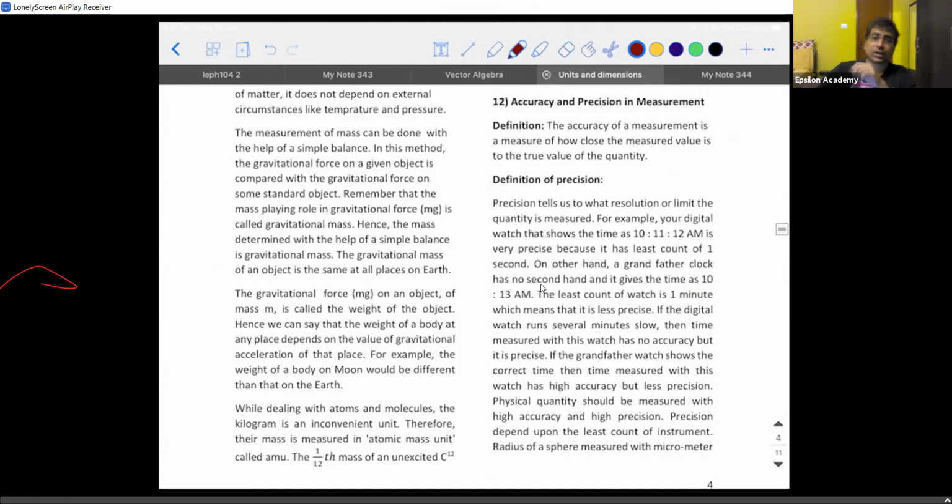So we call it accuracy and precision in the measurement. So what do you think is accuracy? If you see the words in basic English, they both seem to be the same, but they're not. But what is the difference then? If they both are going to be the same, I could have used only one word, no? Why create another word and confuse people?